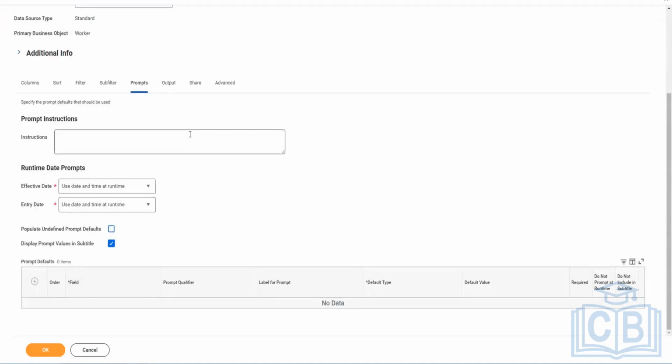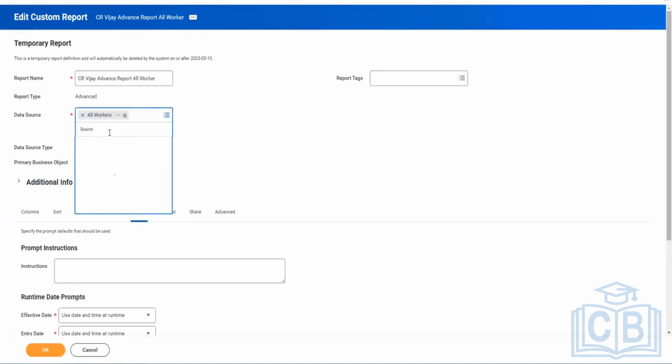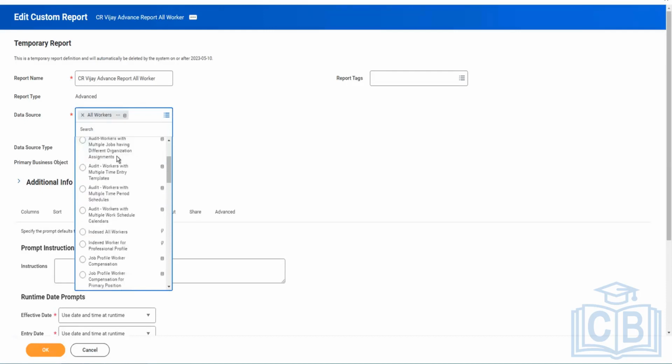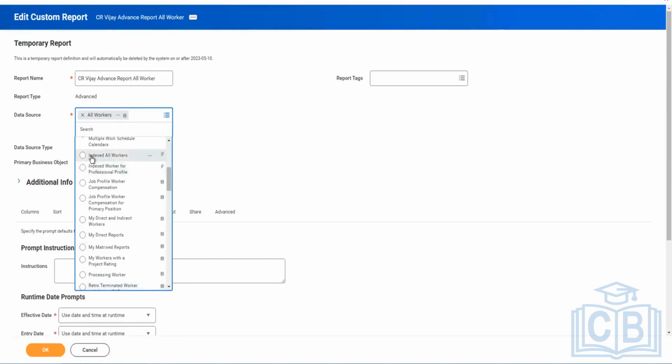So we'll discuss the other ways the prompts could be generated. We'll also generate the prompts when we use an indexed data source. Since we have the flexibility to change the data source, let me just change it, and you will see the prompts. So if you see here, indexed all workers, and if I go to the